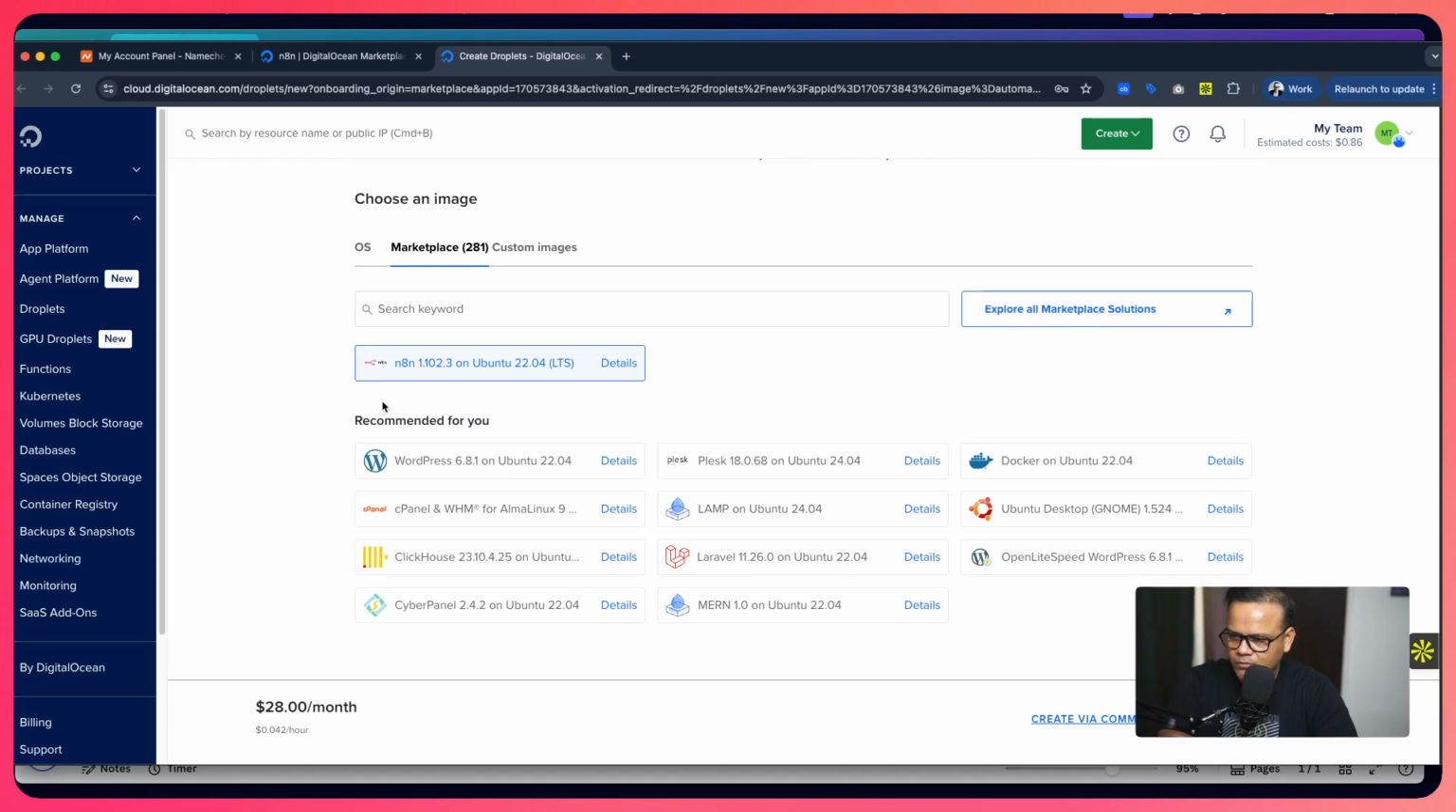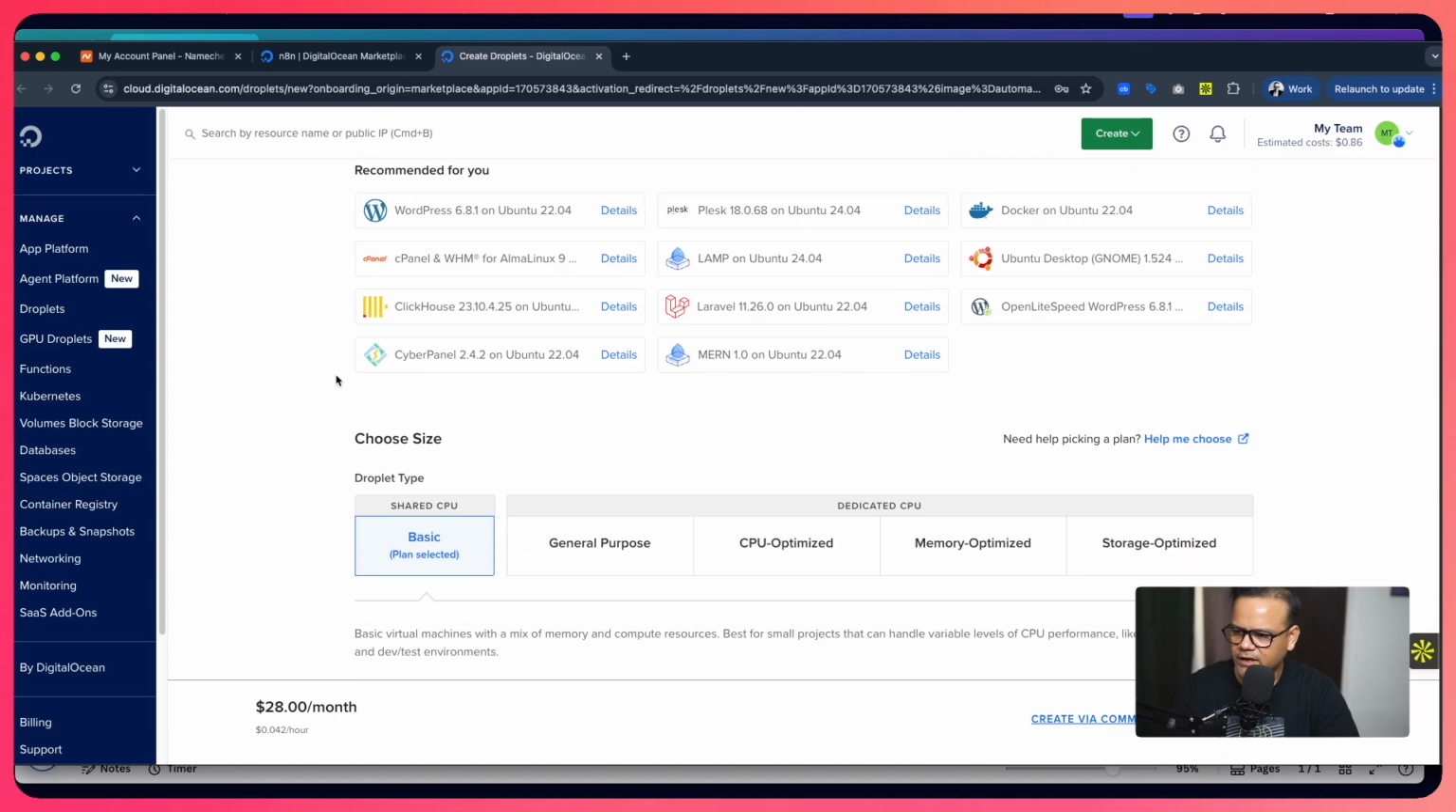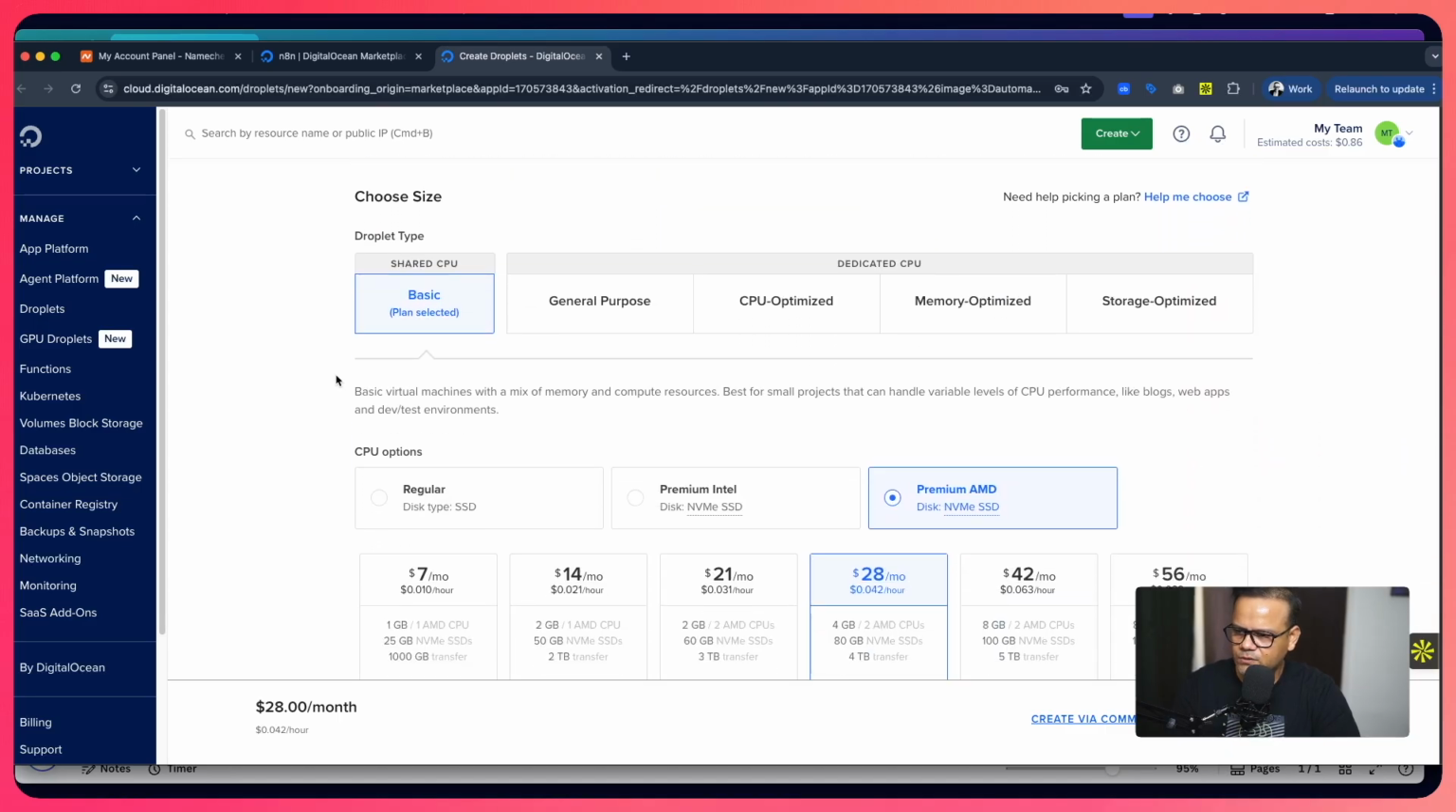You keep on moving. In the marketplace, it is already showing that it has selected N8N 1.102.3 on Ubuntu. Okay, I think I have 1.101. I need to update my instance, but this is fine, right? So anyway, don't touch anything. You will get to install everything. When it comes to the CPU,